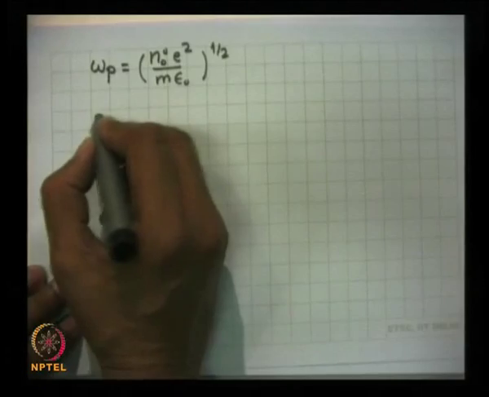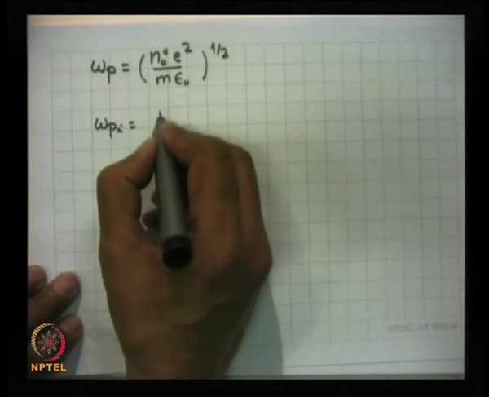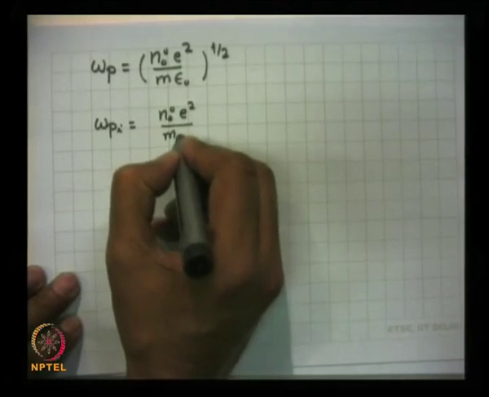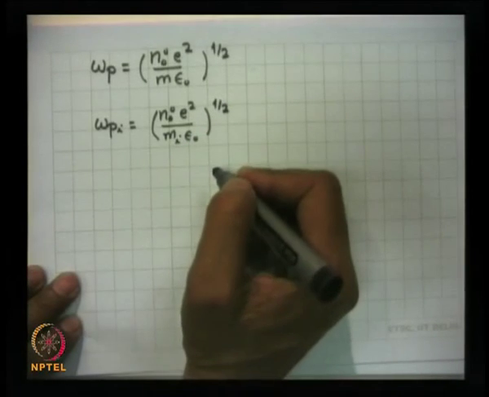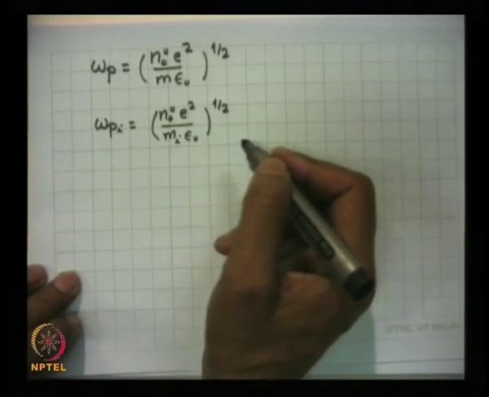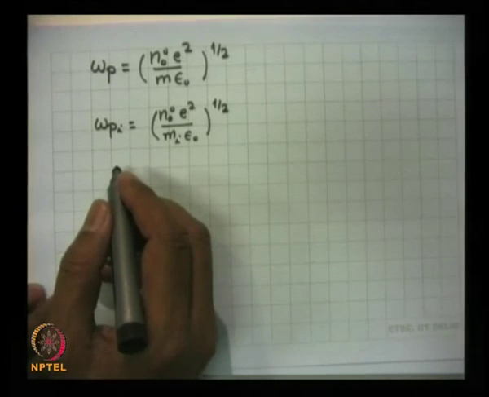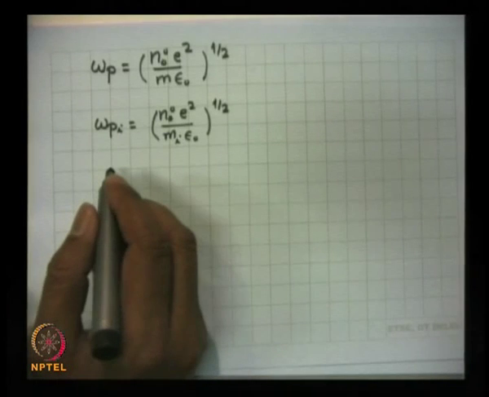A similar quantity for ions I can define as (N00 e squared upon mi epsilon 0) to the power half. Then what you get when I put N1 is of the order of N1I, you can write down these expressions as follows: